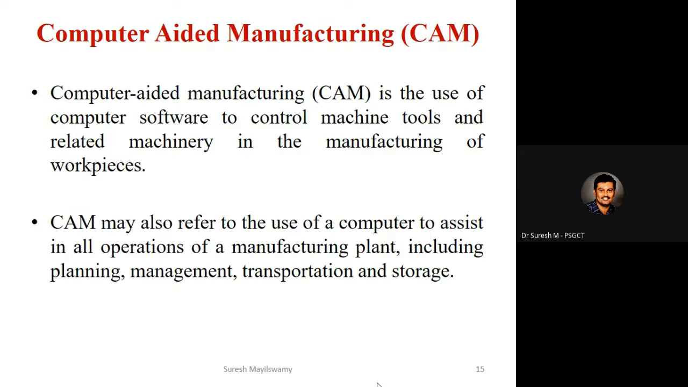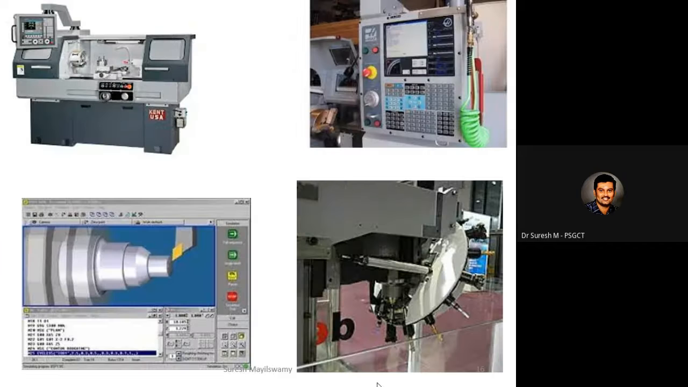So CAM may also refer to the use of computers to assist in all operations of a manufacturing plant, including planning, management, transportation, and storage. Inventory also comes under CAM. Workstation to workstation inventory or outside the workstation, everything is considered as CAM software. So these are some examples for